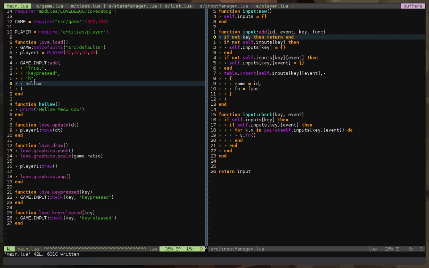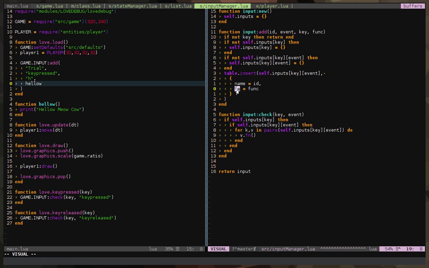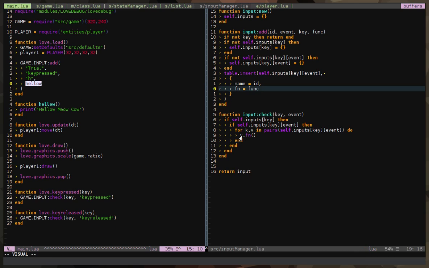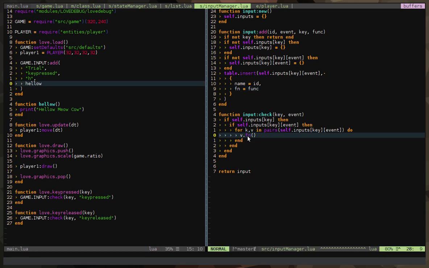But we refer to that function, and the reference of that function is the name, so hello. So if we pass it here, as you can see, this will be the name that will be passed. So fn will be the name, and then function will be the name passed, so it will be hello. And then here, this will be called fn.